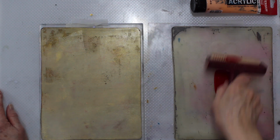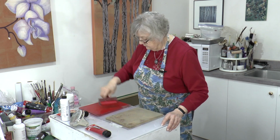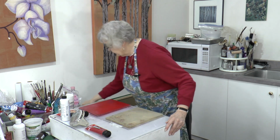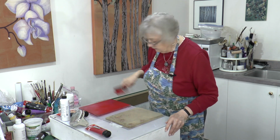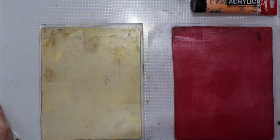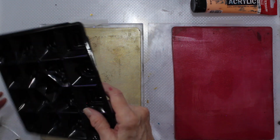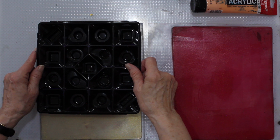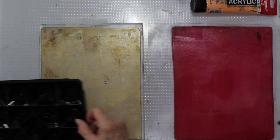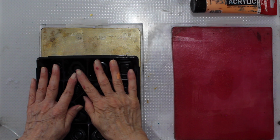And I'm not even going to bother bringing her off. If we get a little bit of gold in this, it's all to the good. And I'm going to brayer a lot of this off. Otherwise it'll overpower that print. That's good. Now hopefully we haven't dried too much. I'm not sure the gold will show up as a... Okay, so this one we're going to do with this. So it's just going to leave gold on the surface, and